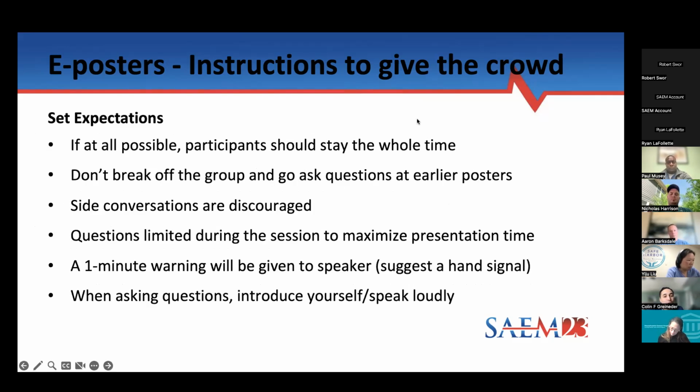All right, we've already talked about most of these things. We have gone back and forth about what's the best way to warn a speaker that they're up on time. Hand signals, the problem with that is they may not see it. I personally just will say something to them. Try not to be too distracting though. And of course, ask people to introduce themselves when they ask questions, and do that yourself. Model that behavior yourself.